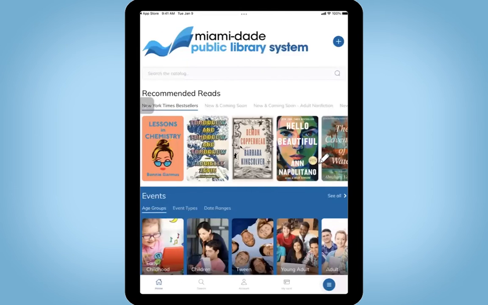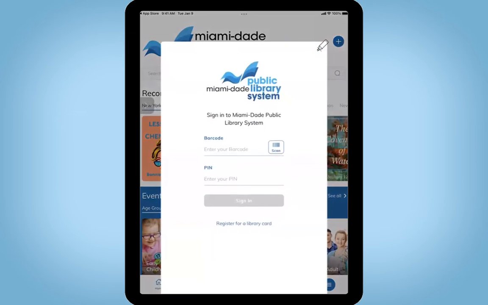Now, again, when you're using this, you will need to be logged into your account to be able to place those holds and access some of those services. The easiest way to do that is when you first come in here, there should be a little plus button in the top right corner of the screen. You can open that up and you can